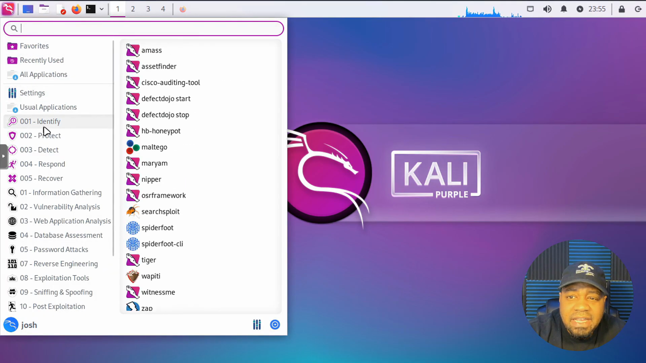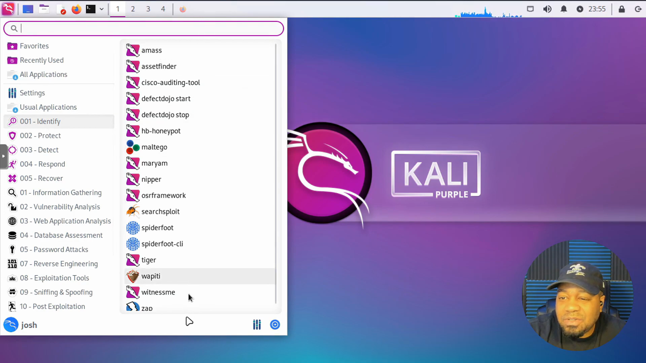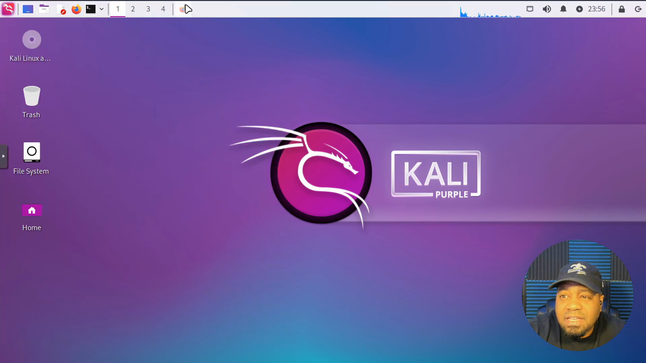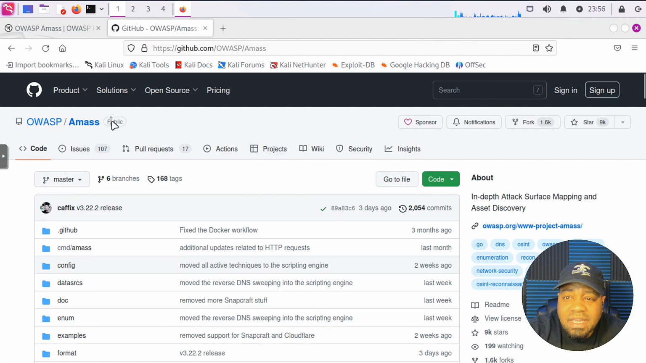Okay, so I'm in Kali Purple, and I wanted to show you guys the tool we'll be covering today. If you go under Identify, Amass is the first tool. And like I said, I'm going to go through a lot of these tools. I'm going to try to cover as many as possible, just showing you guys how to actually use some of these tools. And I want to start off with Amass. I already have the GitHub page pulled up for Amass, and this basically gives you a brief description of